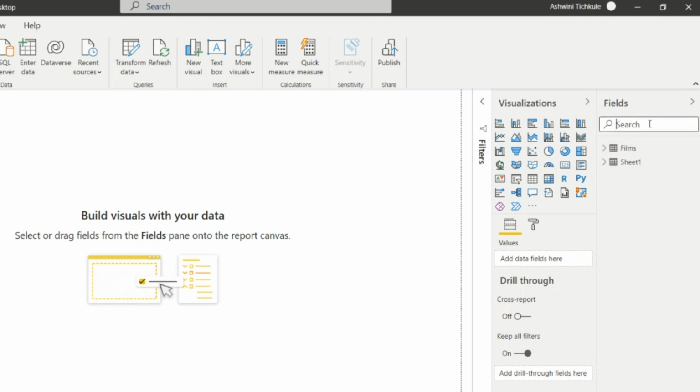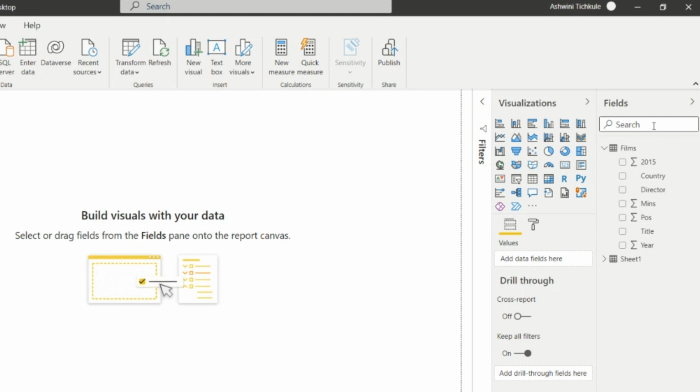First of all, this is the search option in the fields pane. This is used for searching any column. Now in this case we have only these two sheets, or we can say two tables, so it is not so difficult to find a particular field from here. If I want the country, then I can type it here, and in this way I can take that particular field. But what if we have more tables and more columns?